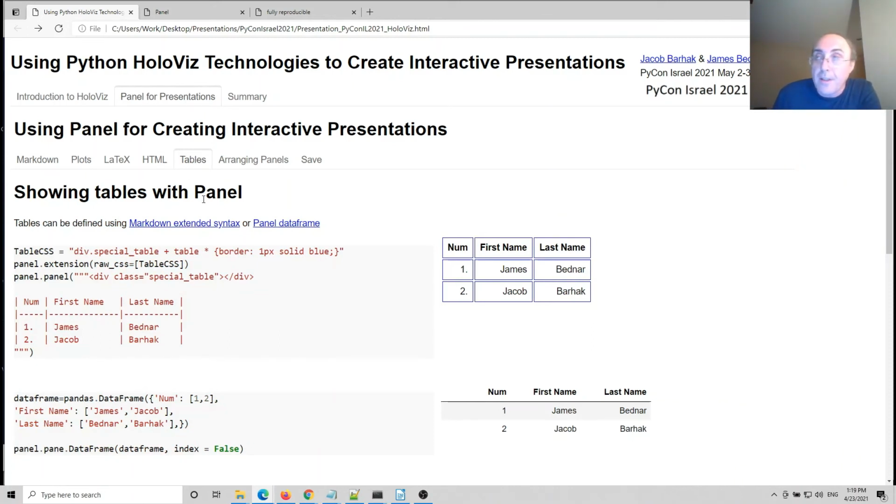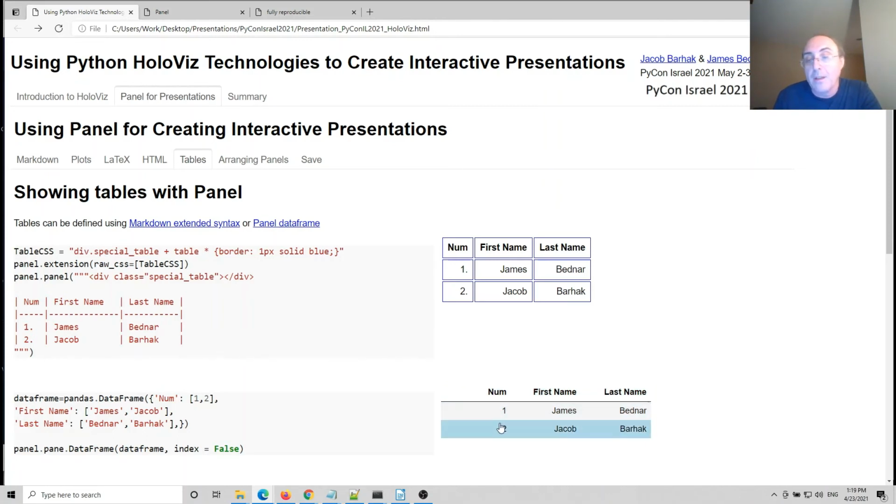You can generate tables. Actually, there's more than one way to generate tables in Panel. One of them is just using Markdown. Markdown supports it, and you might want to add the CSS at the beginning because it will allow you to format how the table will look like. However, Markdown tables are not always the best way to go. They are very nice. However, if you need something nicer, you might want to go with the interactive tables that are provided by